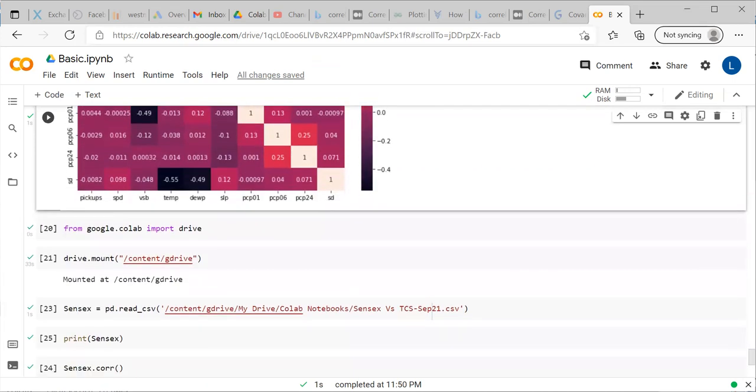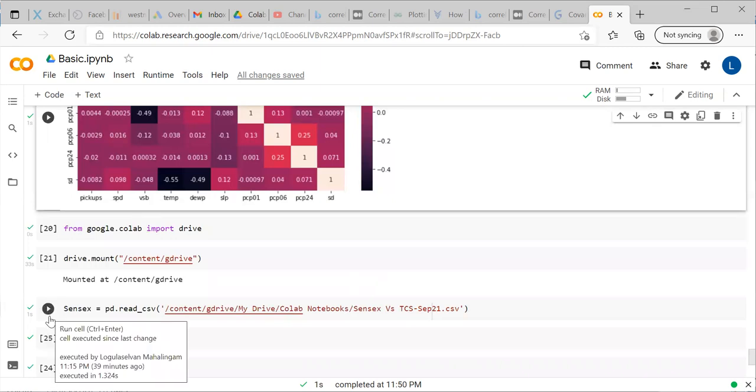So now moving further, we can apply this correlation in stock analysis also. That also we will show you in this video itself. We have already imported a data file which has Sensex closing numbers and TCS price closing numbers of September 21.